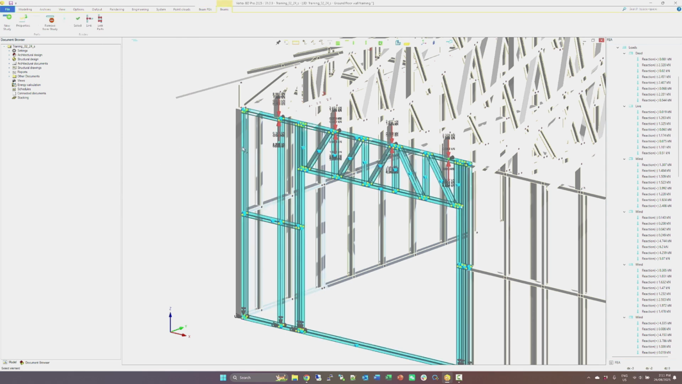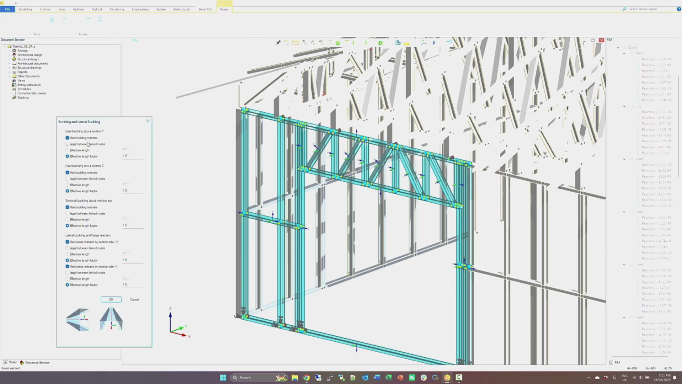After doing this, I will define the buckling length. I will tick all these tick boxes saying apply between linked nodes. The system will now go through all these connections and consider the property of these connections, then define appropriate buckling length